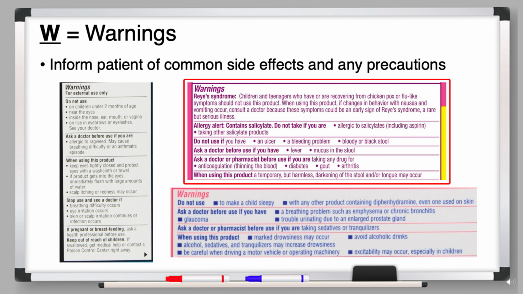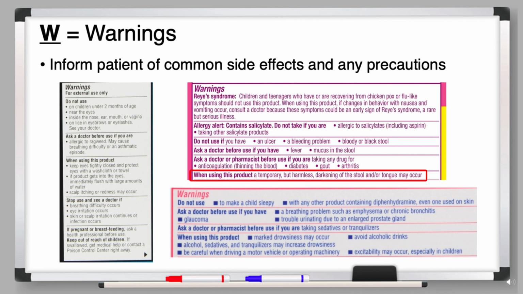All right, so let's go to the packaging on the top middle section, if you will, and this was for some Pepto-Bismol, for stomach and for headaches and things that they'll use. So in this medication, I would say, now as you can see, there is a warning section here with a lot of important information that you should definitely look through. I guess what I would point out to you here is that under this, when using this product, be aware that a temporary but harmless darkening of the stool or your tongue may occur. This drug can cause some darkening and color discoloration. It doesn't cause any harm and it goes away, but it can be disconcerting, so it's just something to be